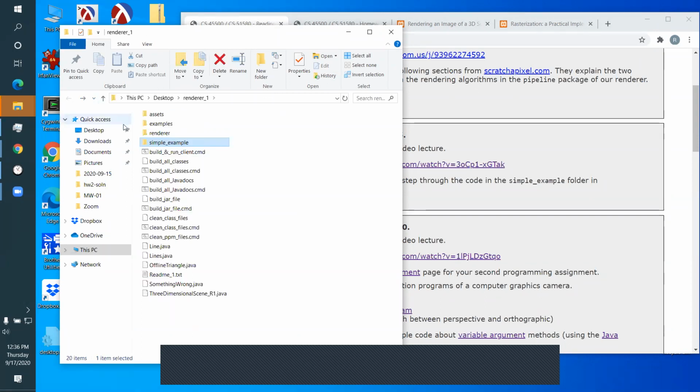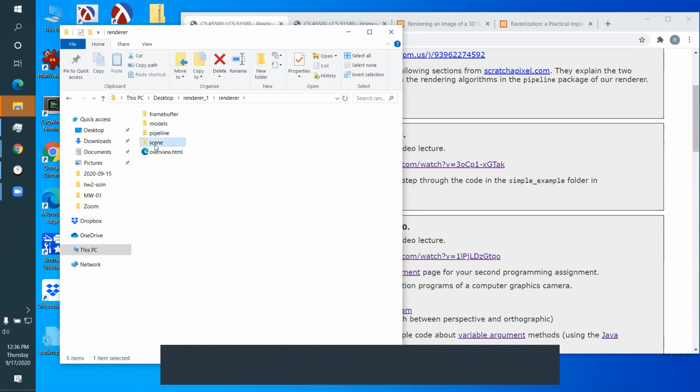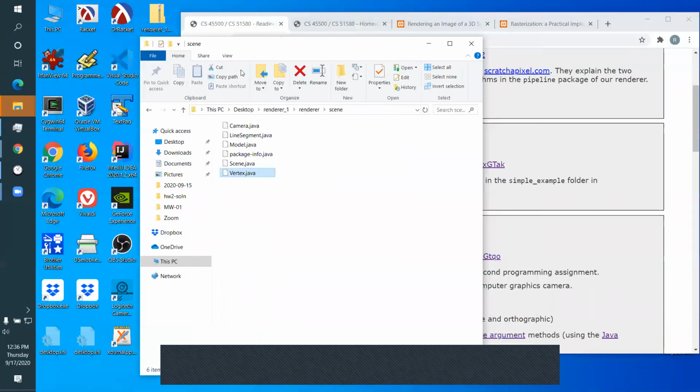What we've been doing with this simple example is we've now traversed almost all the code in this scene package. We've looked at the camera class, the line segment class, the model class, the scene class, and the vertex class. Most of those classes are pretty simple. Some of them are nothing more than a constructor and a toString method. Line segment and vertex are nothing but a constructor and a toString method. So we've gone through the code in this data structure, and what we essentially did was see that it builds this